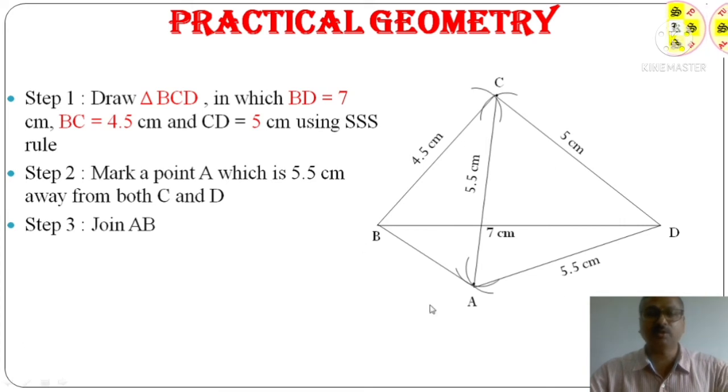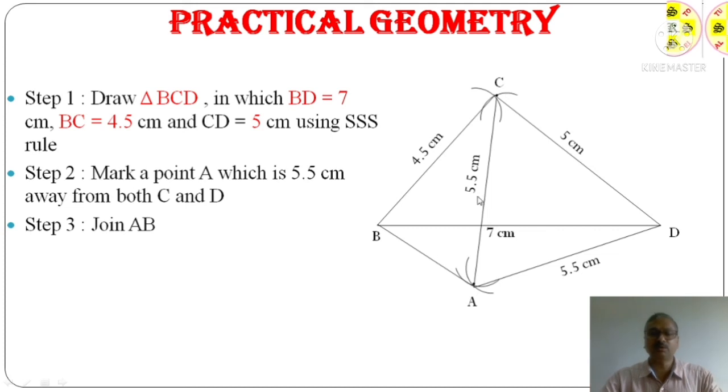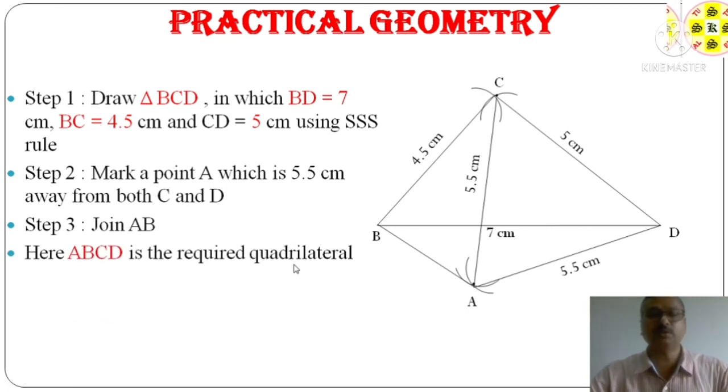So whatever the construction is there, when we construct any figure, any quadrilateral particularly, the figure should be unique. Here, since this is 5, this is 5.5, this is also 5.5, this is 7, this is 4.5, the position of A is fixed. No one can mark the point A elsewhere, since it is equidistant from C as well as T. Now let us move to the next question.